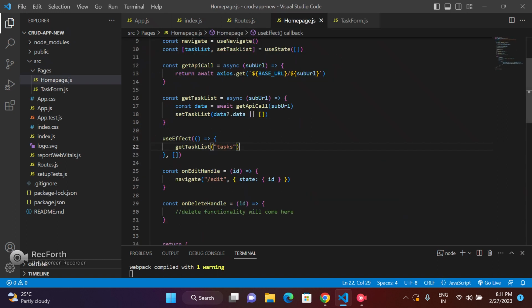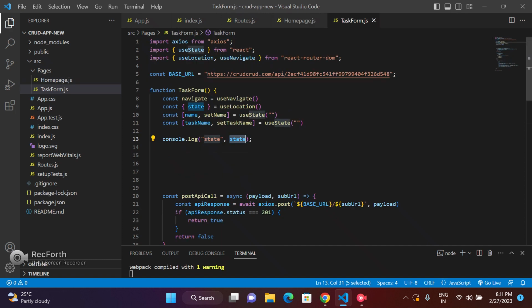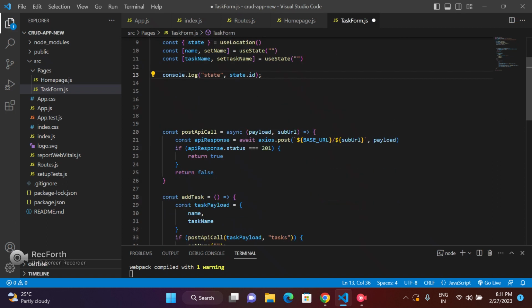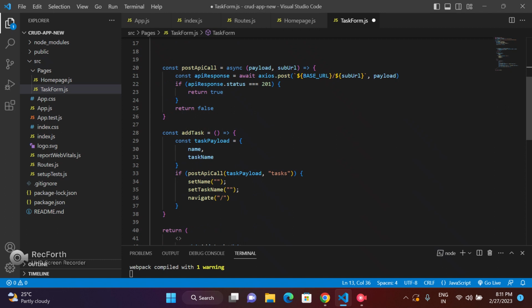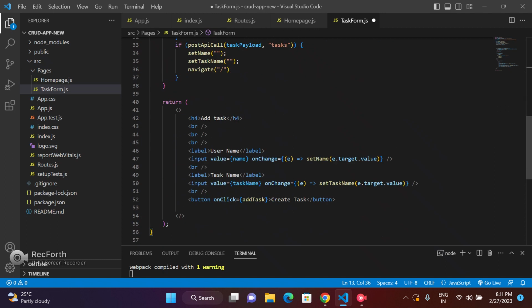Now we will do one thing. As of now, first I will comment this out, because otherwise it will call the API again and again. Now the ID will be in state.id. That is the first thing. So we will have a useEffect. First, from here we can change it, like if the data is state,